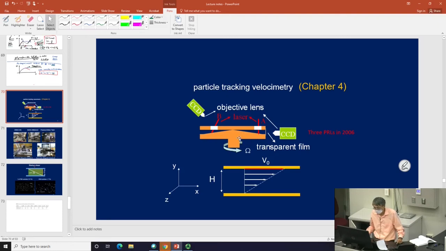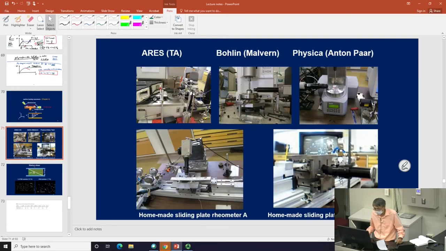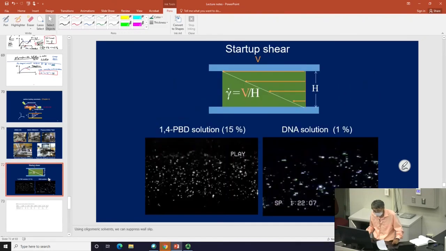There are a variety of equipment, rheometers. We used to have all 3 rheometers. You can see on this scale it's tiny, right? 1 inch, actually 2 centimeters, is not very large. And later one could build some sliding plate geometry that I don't need to speak too much about. So at the end of the day, we have